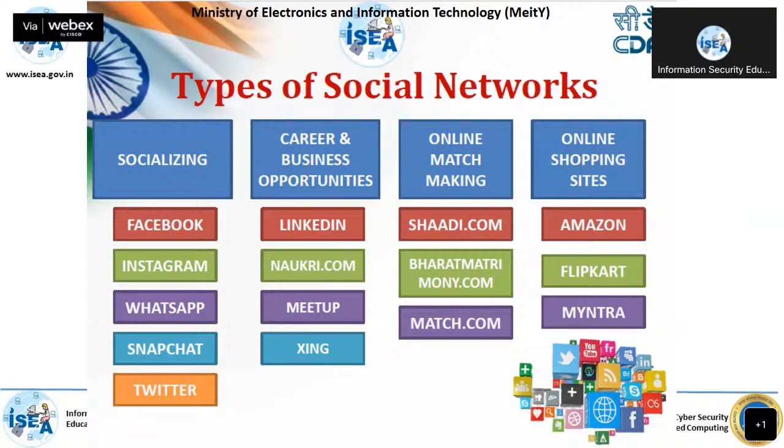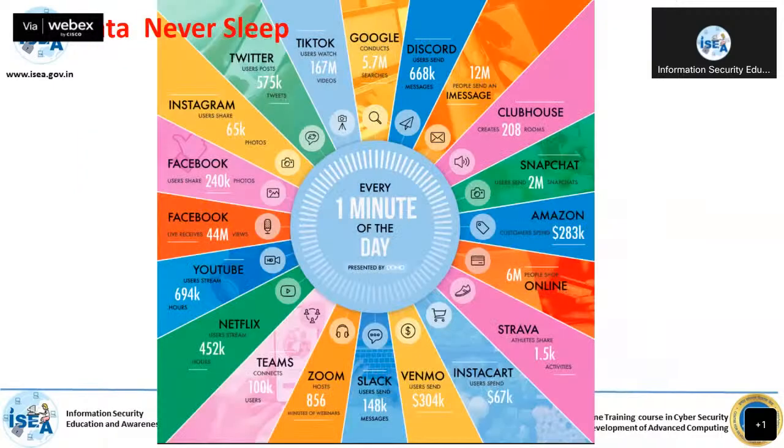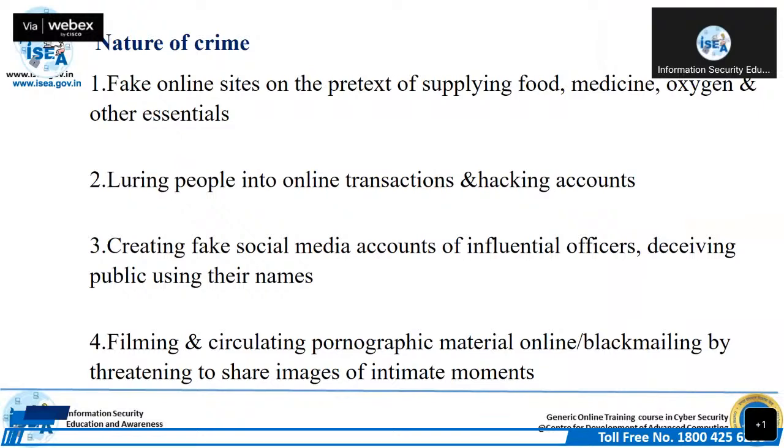So the social networking platforms are of many types. One is socializing, where you might have been experiencing all these things, and career and business opportunities like LinkedIn, Meetup, Exchange, and all. And online matchmaking platforms are also there nowadays. And many people also commit financial frauds, like on matrimonial websites and dating websites and all such things. Online shopping platforms also, where you can discuss and express your thoughts and give your ratings, reviews, and all, so that others may benefit from your experiences. So these are the different platforms.